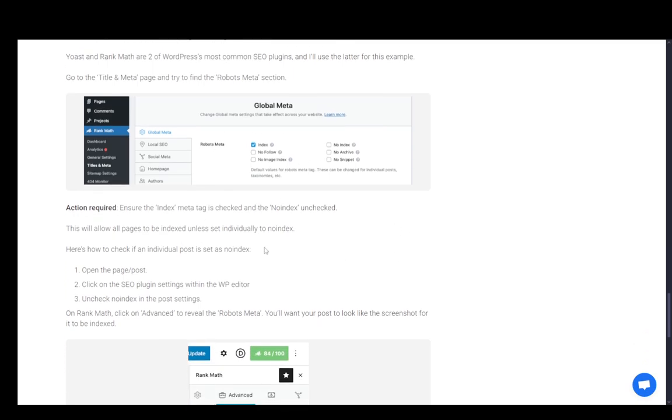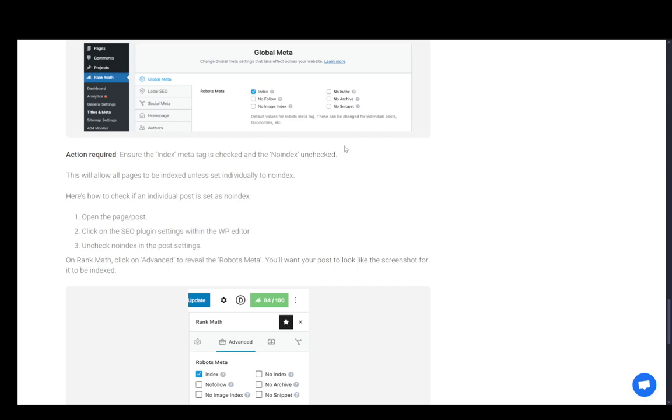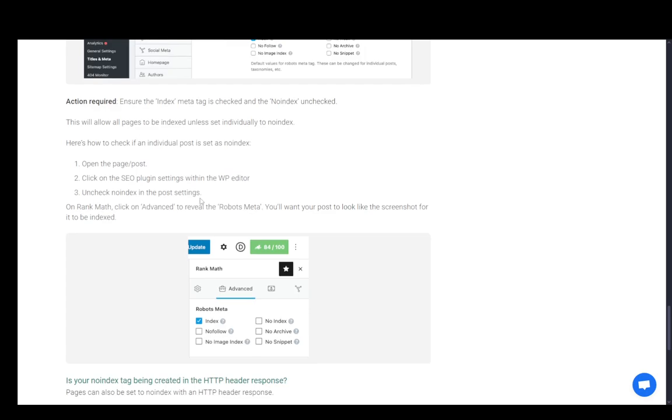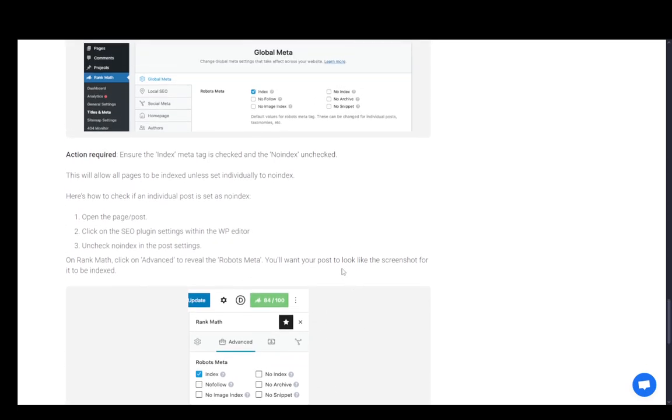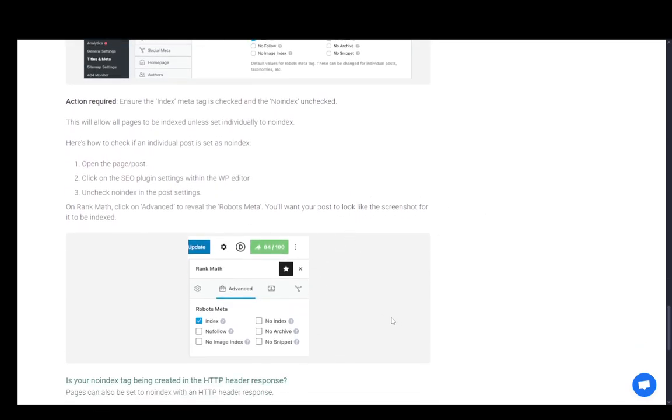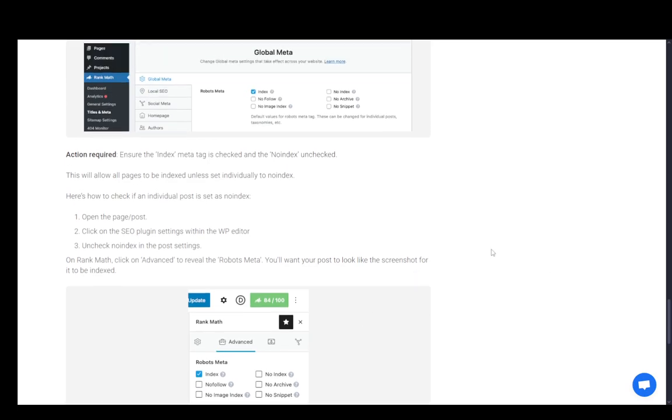And then if you want to manually go over and add the noindex tag, you can open the page or post, then click on the SEO plugin settings within the editor, and then check off the noindex tag in the post settings, and that should noindex that page as it should. Just try resetting it and everything should work correctly. If it doesn't, I really don't know what else the problem might be,